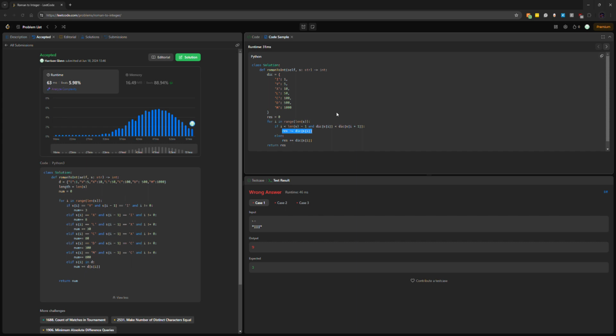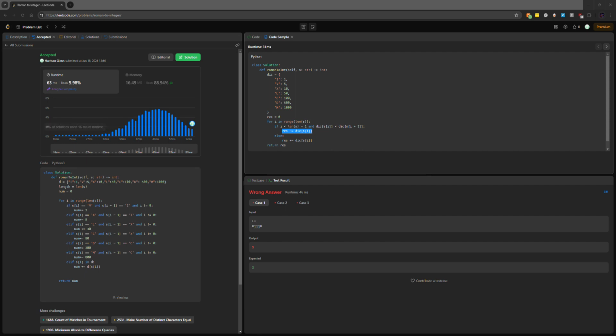Oh, I think I get it. I think I see what they're doing here, which is much nicer. So they've got, like, if it's MIX, which I think should be 1009, they check if this number is less than this one, which it isn't, so we get 1000. Then we go to this one, which is less than this one by, well, this is 1, so we do -1, which equals 999, and then we move to this one, which is 10, which is at the end, so we do plus 10, bringing us to 1009,